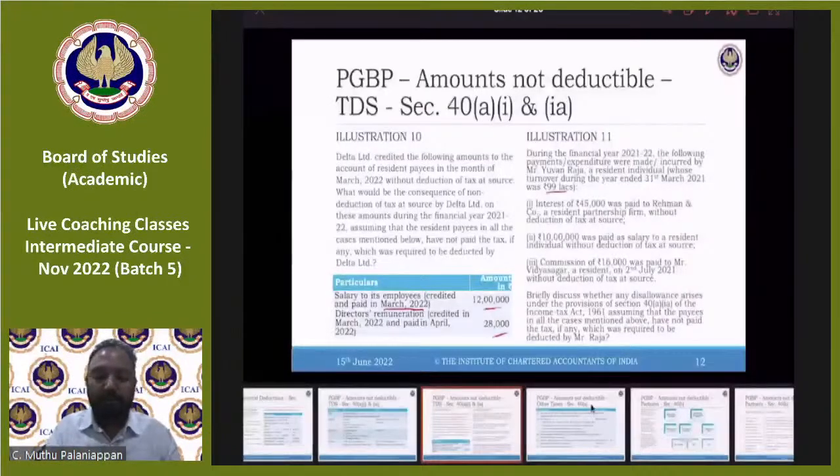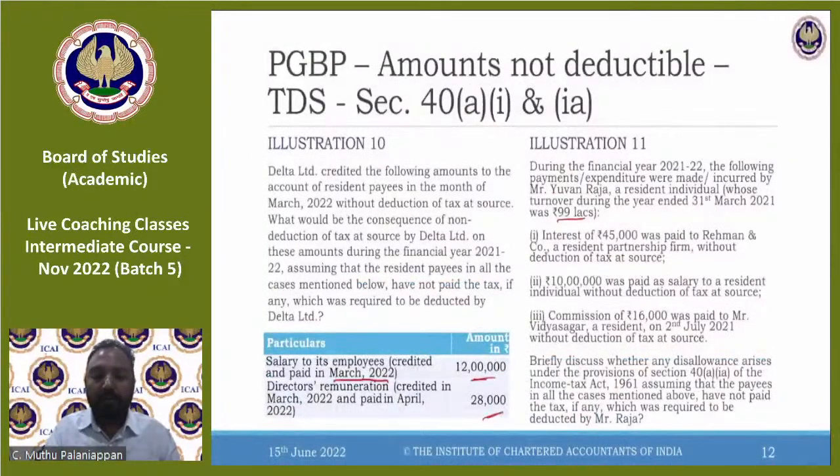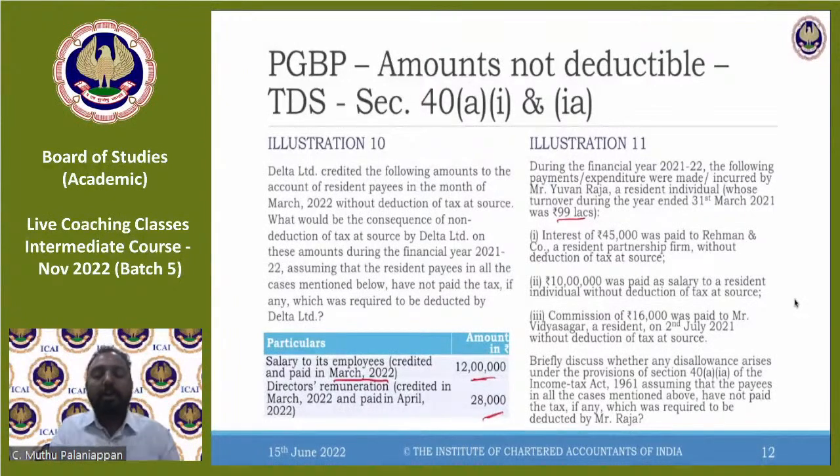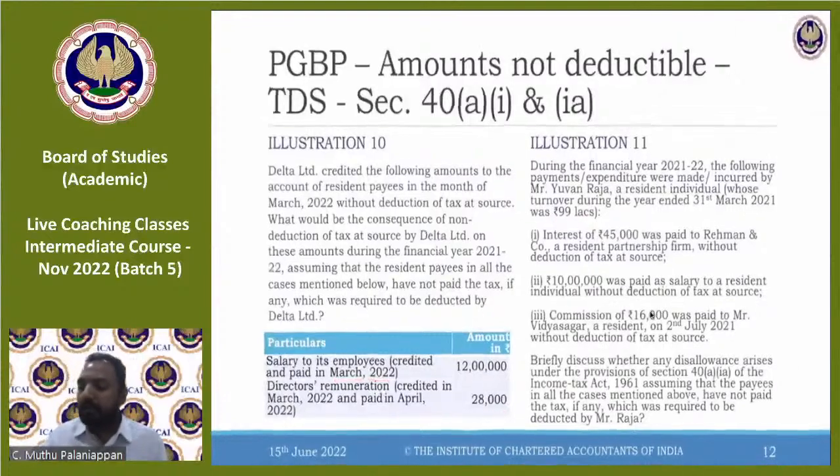Okay, so that's what it is about. Then the next thing that we are talking about is 10 lakh was paid as salary to a resident individual without tax. So 10 lakh, 30% is 3 lakh, is not allowed. 16,000 was paid to 27 without deduction of tax at source. Again, here also, if tax has not been deducted, you will have to actually deduct it. So in every case, I am assuming that tax must have been deducted by this person, Raja. I'm not going by whether it is actually deductible or not. So that's the provision about this.